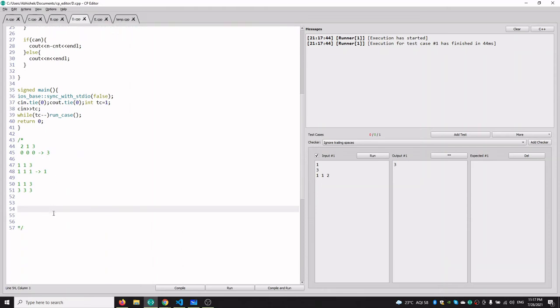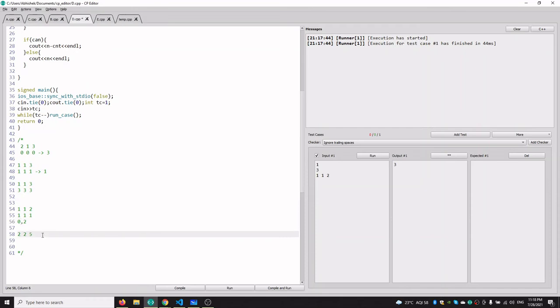So what are the conditions for converting our array to the minimum element? If we have 1, 1, 2, then we cannot convert it into 1, 1, 1 because 2 cannot be converted into 1. Slight correction: 2 can be converted into 0, or if we do not change 2, it will stay as 2. That's why I have written 0, 2. 2 can be 0 or 2.